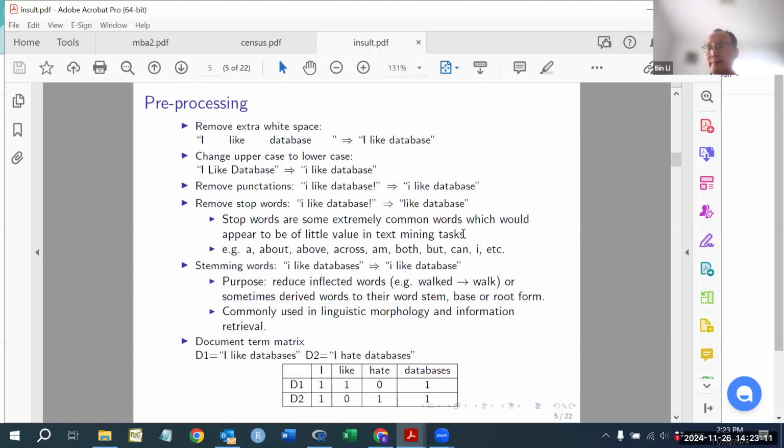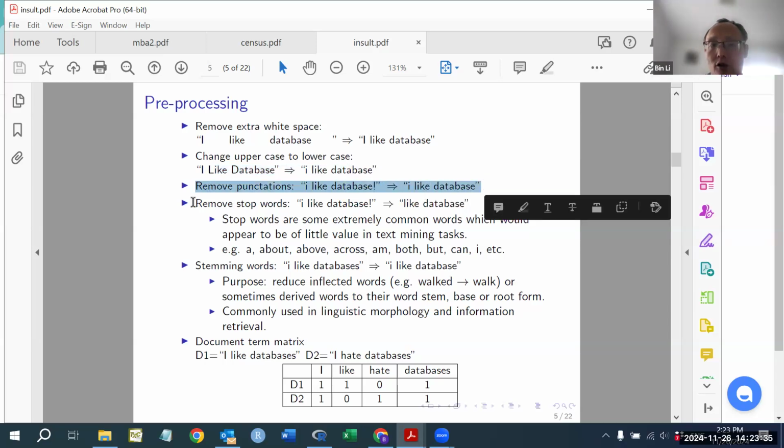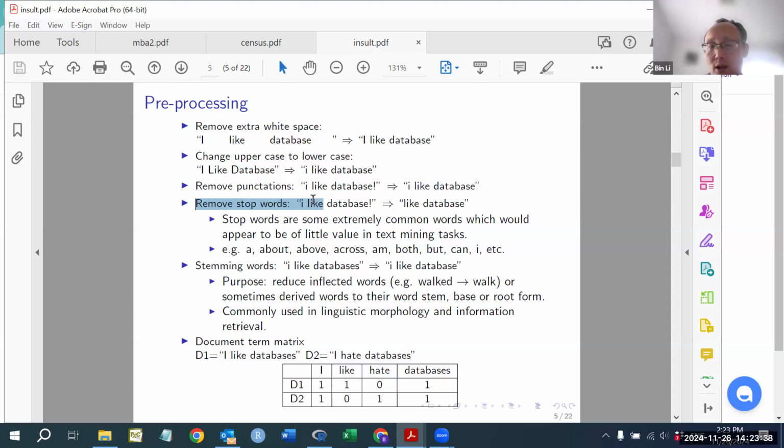Okay, so let's see. The first is pre-processing. We will remove those extra white spaces. Like here, there are extra white spaces between the I and like, and between database and what follows. So we will just remove these extra white spaces, and also change the uppercase to lowercase, remove the punctuation marks, and also remove those stop words. So what are the stop words? Stop words are those extremely common words which provide almost no value or very little value in the text mining